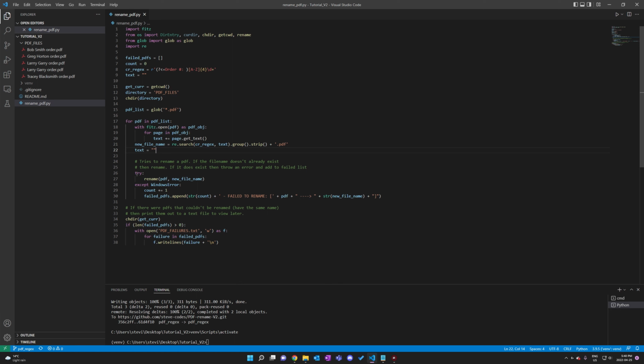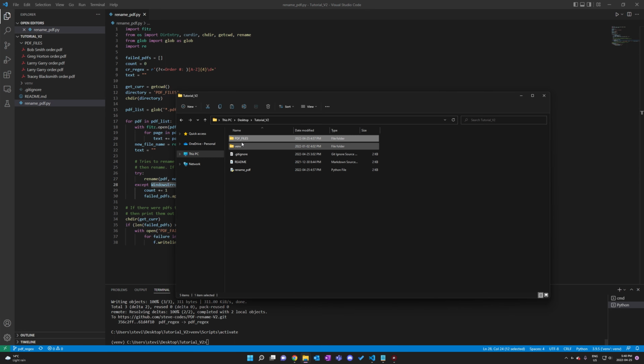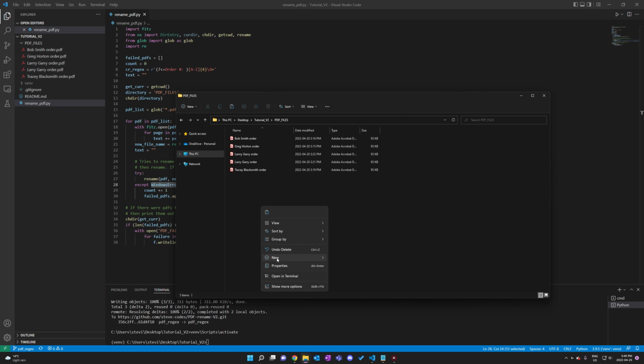And something different now is the error handling. What this says is it's a try-catch block, usually described in Java or a similar programming language. And what it's going to do is try renaming something, and it's going to catch an exception of a Windows error. So what that means is if we go to PDF files and we create a new